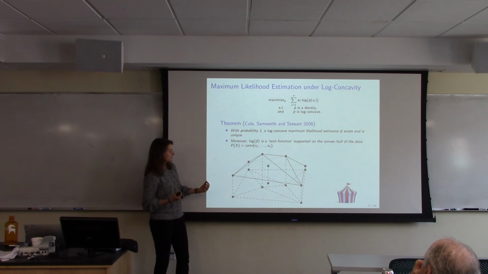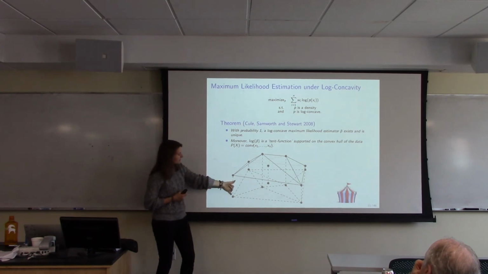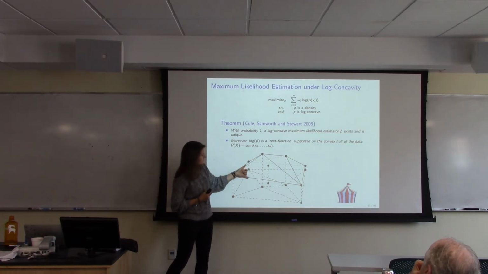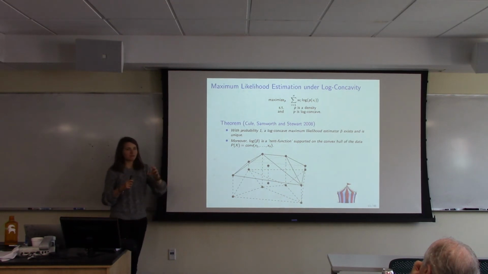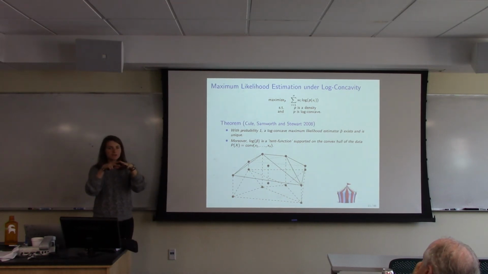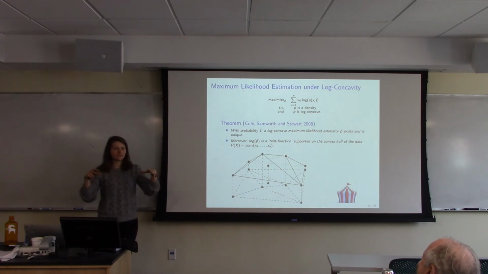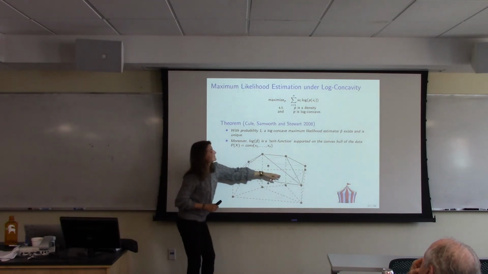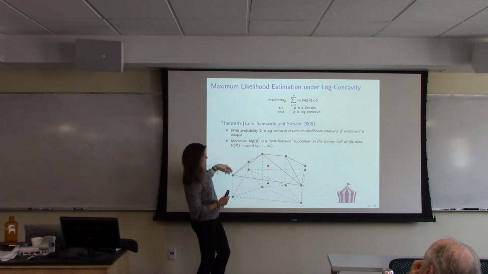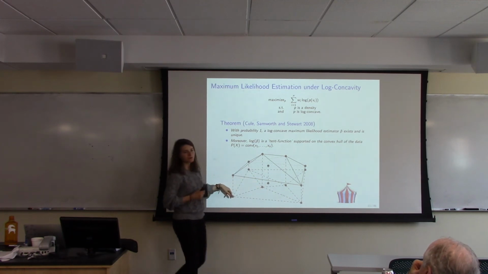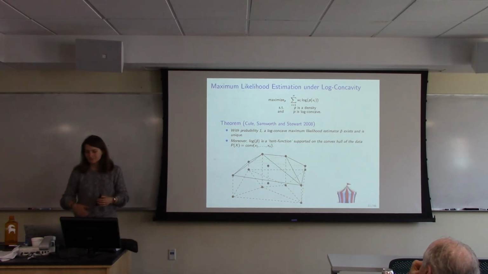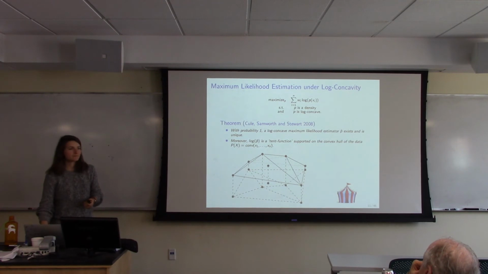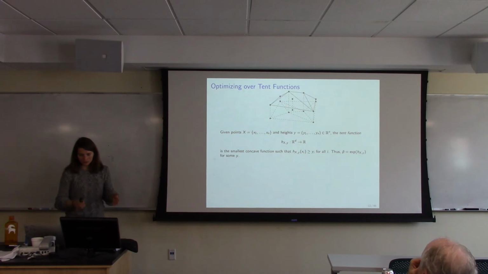And the way you get this tent function is you have a height above each sample point, and then you imagine having poles with this height, and then you put a tarp above all these poles, and you make a tent. That's a piecewise linear function. And the regions where it's linear are polygons or polytopes with vertices coming from the samples. And that's in general dimension D. Yeah, exactly.